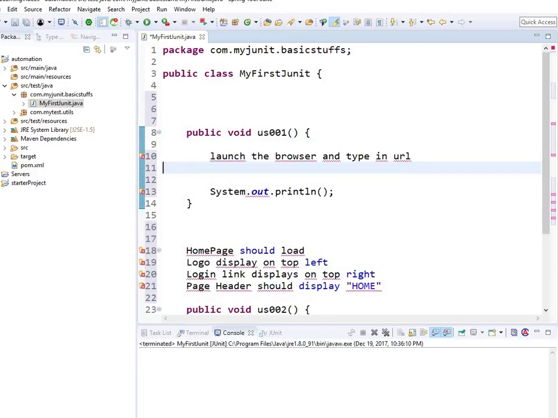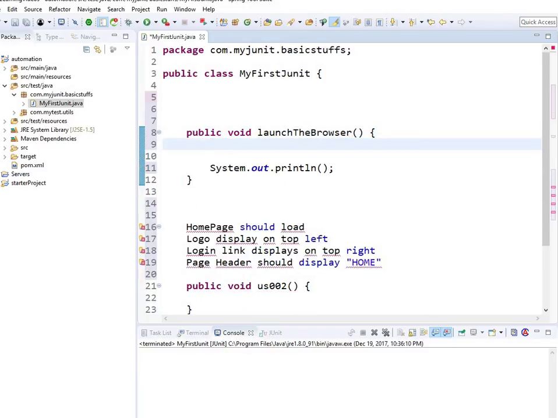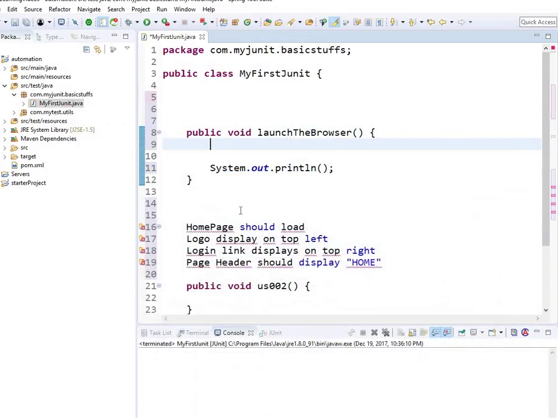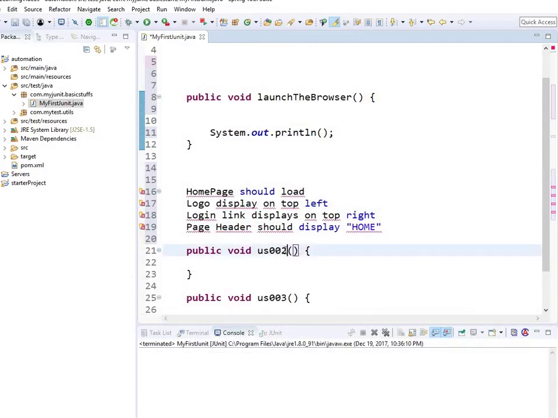There are different ways of doing this. I'm just giving a demo of how you would develop your mindset, but you could easily do this just by the action. Instead of 001, you could just have launch the browser, right? And then based on what the action is, you could just write the method. So you are clicking the login link on the top right? So what do you do? This method, the second one, is